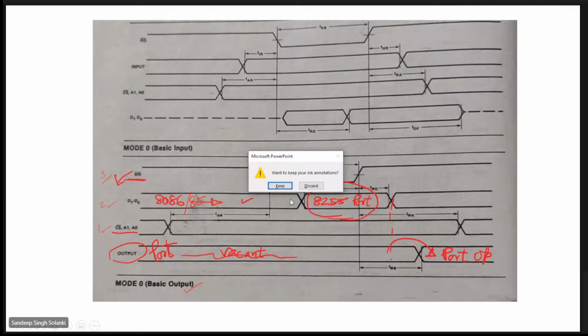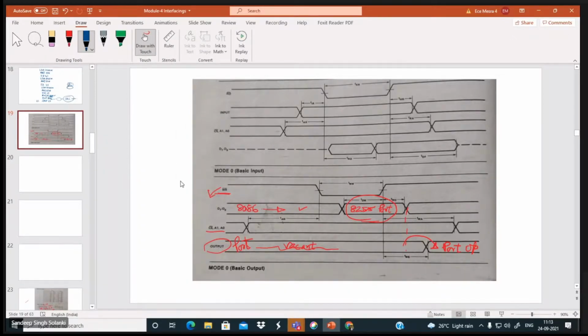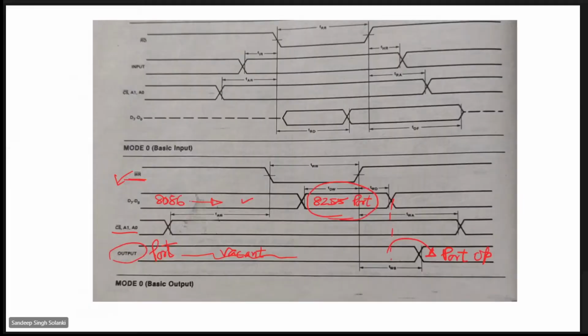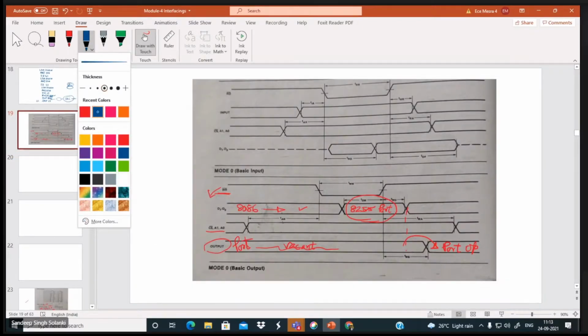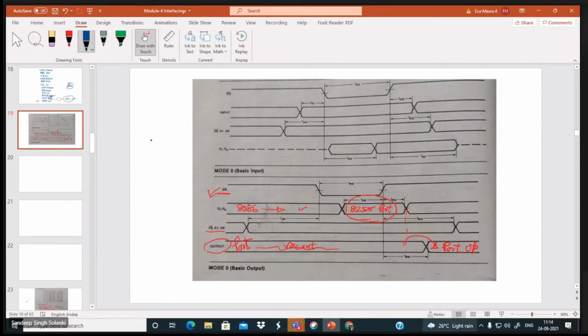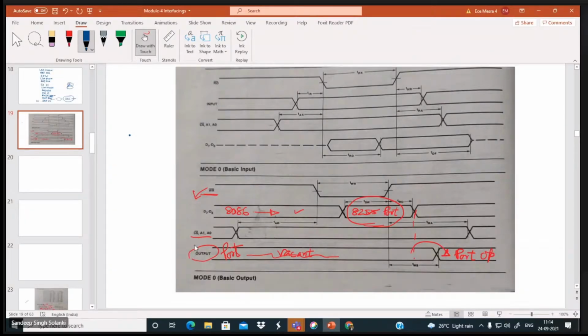Okay, okay, okay. So what I am saying, once again, the marker color is the same again. What I was telling you is that you should always remember